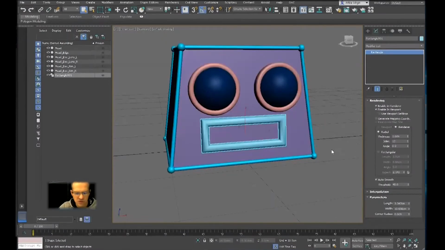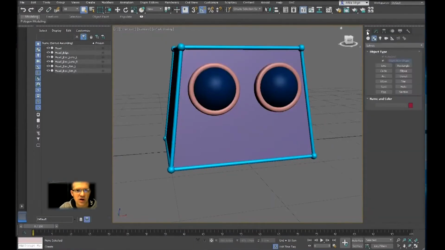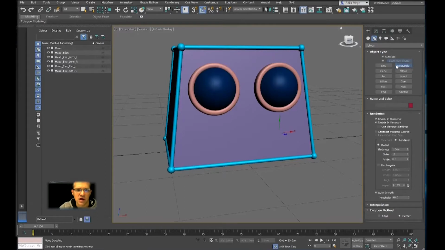Yes. So let me delete this one. We are going to the create panel, and here look for the shapes. So there's two overlapping circle and rectangle. That's the icon of the shapes. And choose rectangle. When the rectangle is chosen, then you will be able to turn on